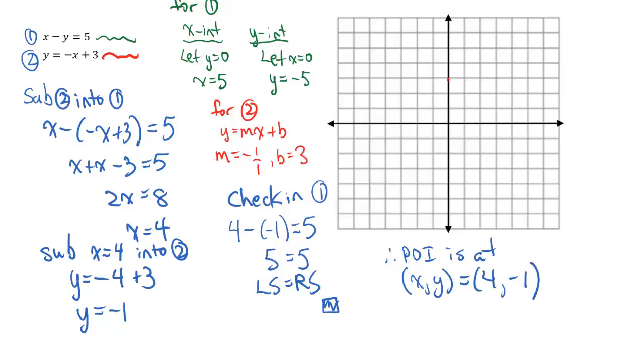So I'll graph that. My y-intercept's at 3, and I can now think, all right, my rise over run. I'm going to rise -1, so I'm going to go down 1, and then 1 to the right. 1 down, 1 to the right. If I go the other way, I can run to my left and go up 1. Run to my left and go up 1. And you'll see I can carefully